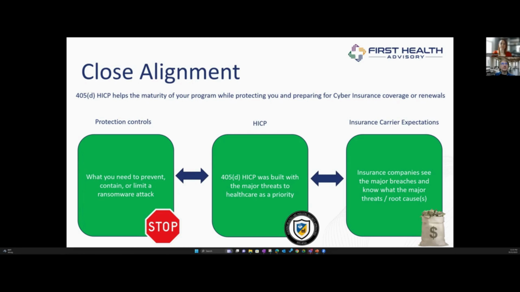One of the things we see, especially with smaller organizations, is that if they can get alignment with HICP, it makes their life a lot easier acquiring insurance, keeping the costs down for insurance, and getting through those renewal processes. And the documentation they built all along the way, showing how they are putting in those best practices, also helps